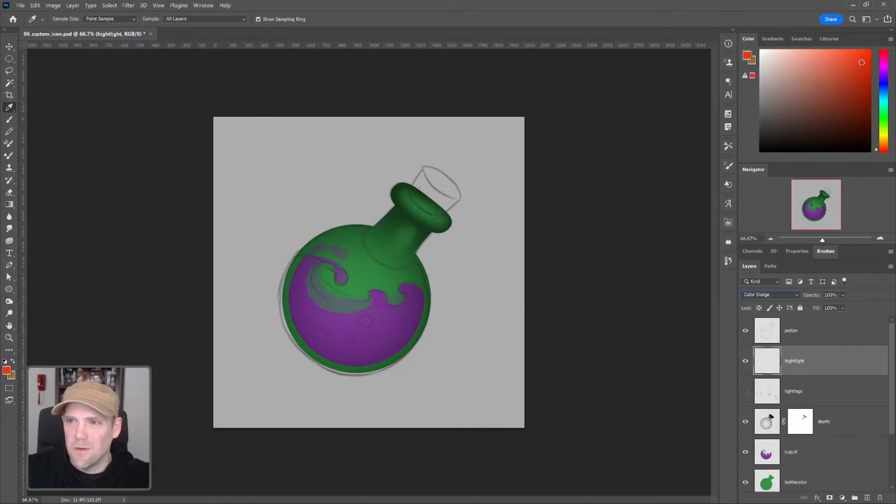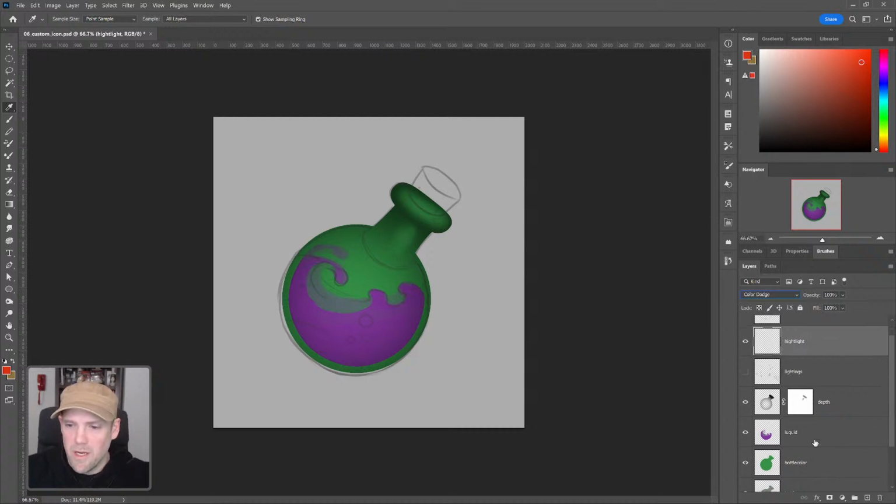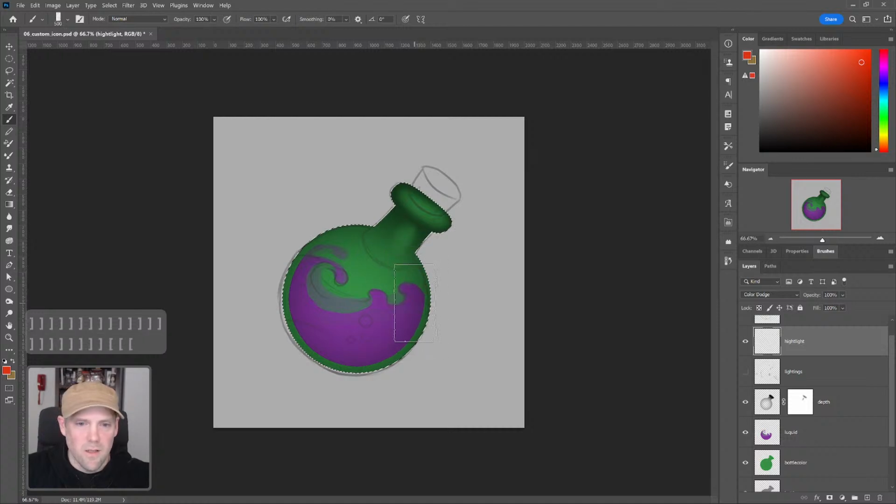orange red almost, and I may have to adjust this. But before I start painting, I want to select the color again, holding Control or Command and pressing on the layer. Make sure you have the little selection come up. Then you can get back to your brush, which for some reason doesn't want to work. There we go. And so now on the color dodge layer, I'm just going to softly start adding in some